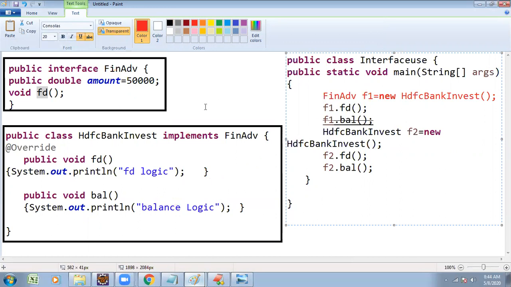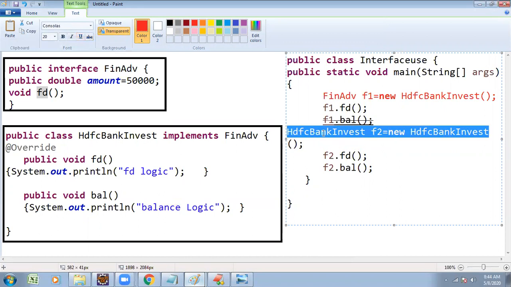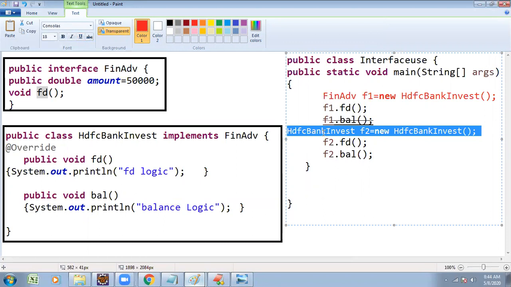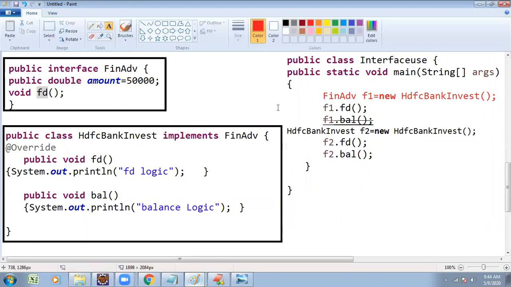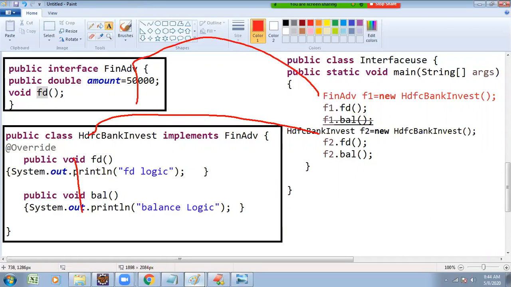But try to observe, when you create the object directly based on the subclass reference, what happened? All methods are accessible. When we create the object based on the super interface, only whatever methods are available in the interface are accessible. So here also you find the same thing.